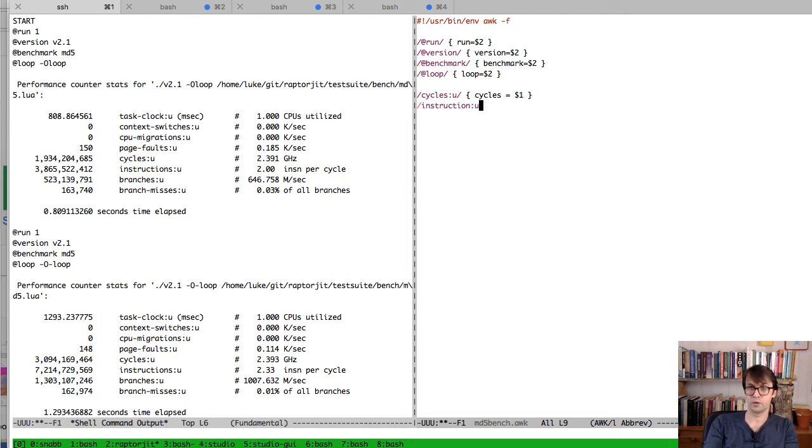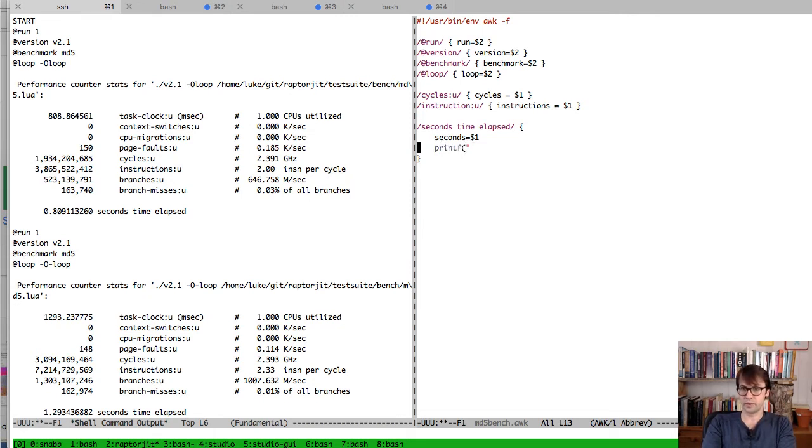More awk. So now we've picked up a lot of things, and the last line is this seconds elapsed. So when we see a line that says seconds time elapsed, we're going to do two things. First, we're going to say that seconds is the first parameter, and then we're also going to kick out our CSV line. As we go through these lines, we just update our variables, and then every time we get to one of these lines, we're going to emit a line of CSV. So we're going to say,